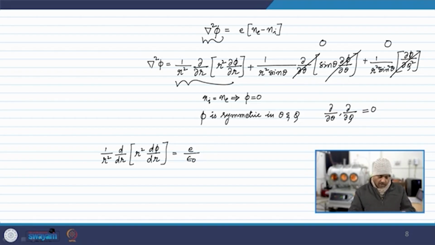Yeah, we missed an epsilon naught when we got this expression. Del square phi is, yeah, I forgot to write an epsilon naught here. Sorry for that. So, this is E by epsilon naught times Ne. We know Ne is n infinity exponential E phi by kBT, minus